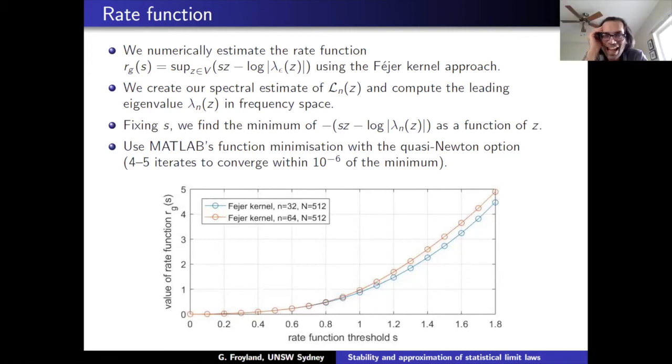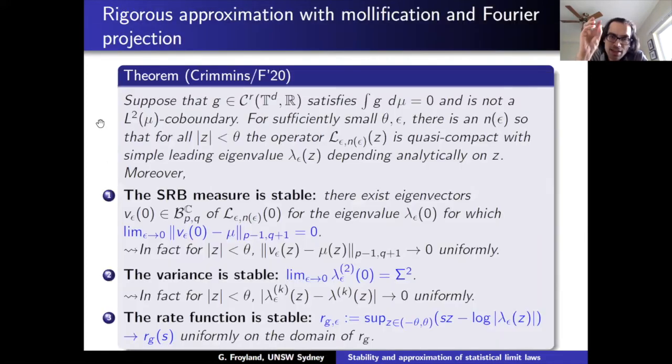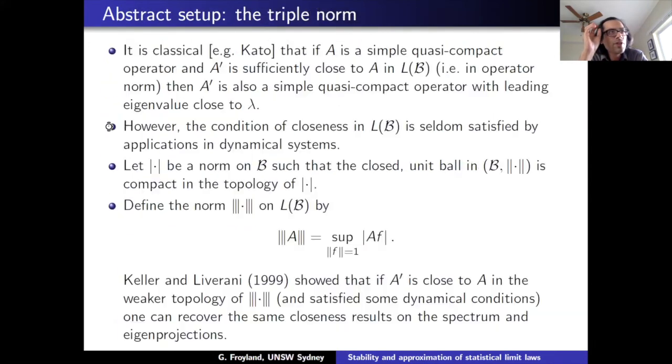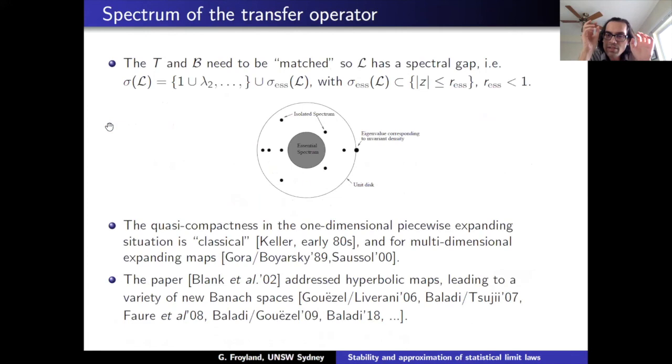I see. Yeah. And a follow-up question: I love the cartoon you had at the beginning for the quasi-compact case, where you had the essential spectrum, right? And then you had these isolated things around it. This, again, is a very naive question. Is there dynamically or statistically useful information hiding inside the essential spectrum? Because it seems that we ignore it, right?